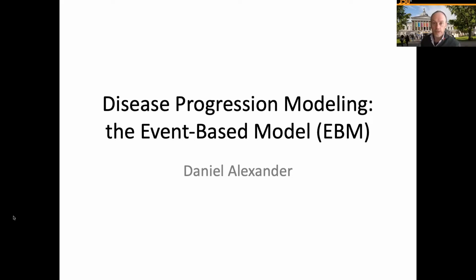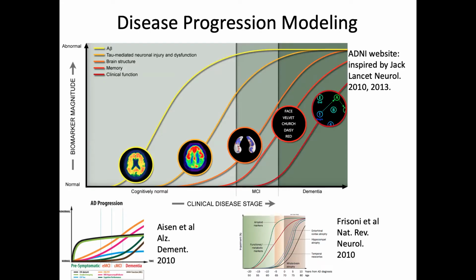So this video gives a brief introduction to disease progression modeling and talks through an implementation of the event-based model in MATLAB. Around 2010, various models like these started to appear, showing hypothetically the sequence of events that occur in neurodegenerative conditions